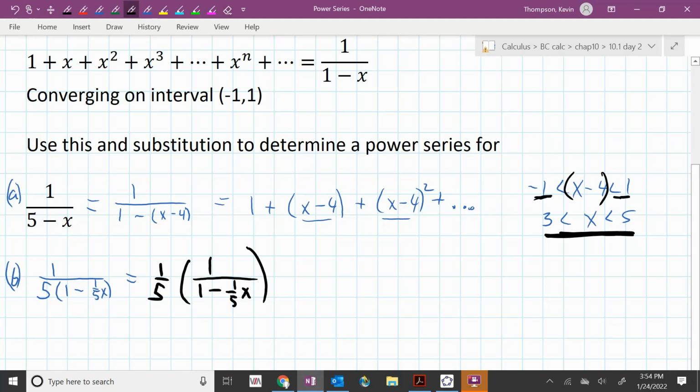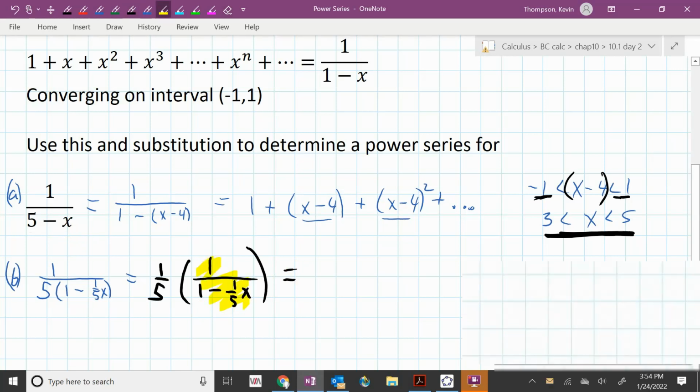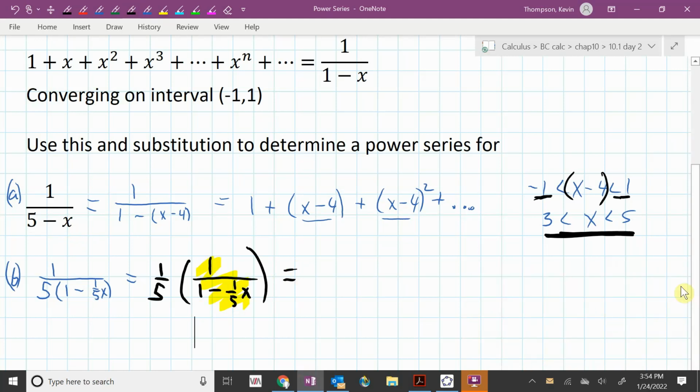So, okay, so this one, if I'm looking just here at the highlighted portion, I could think substitution. Notice though this one appears to be centered at 0. So let's do that. Let's write out what this is saying with this substitution of 1/5 x taking the role of x. So we still have this 1/5 out in front,